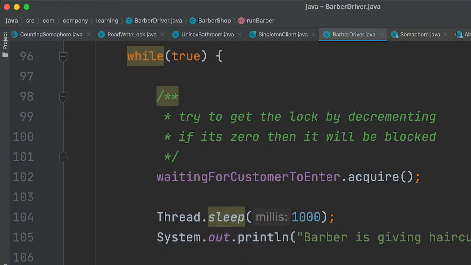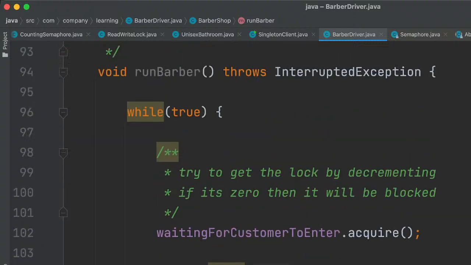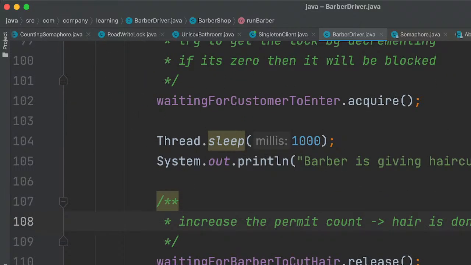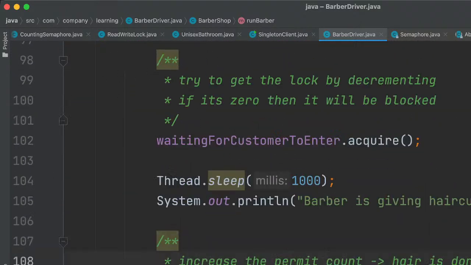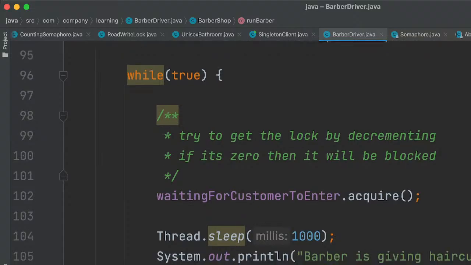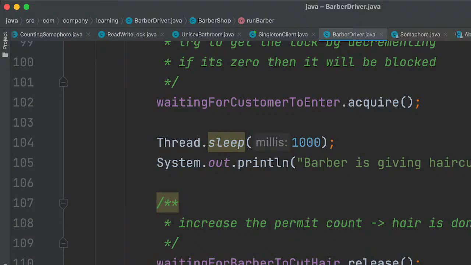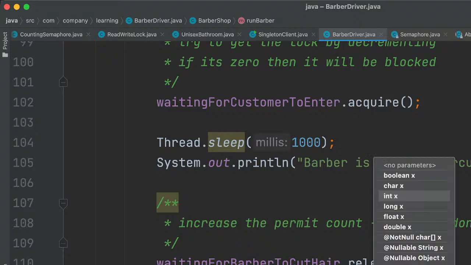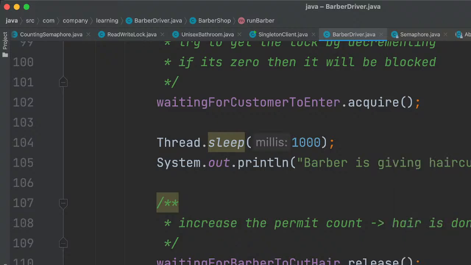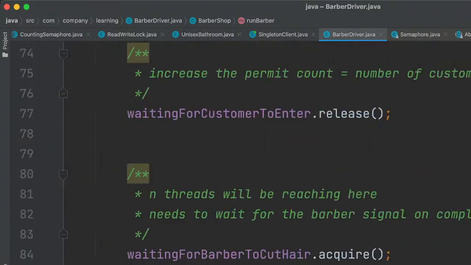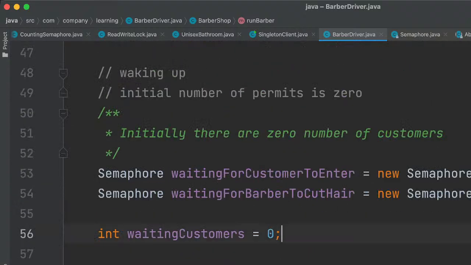So we can also keep track of, we can say System.out.println, waiting for Barber. We can also keep track of another variable, say haircuts done.